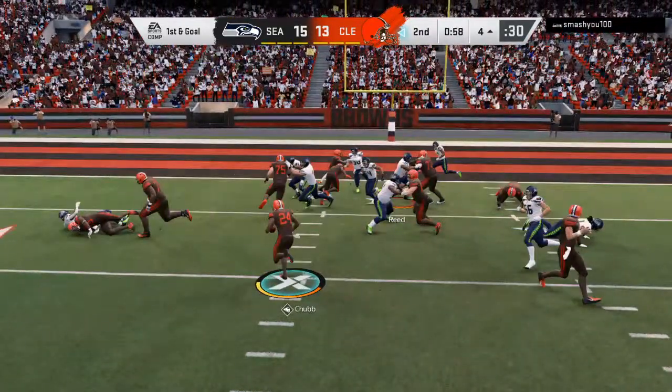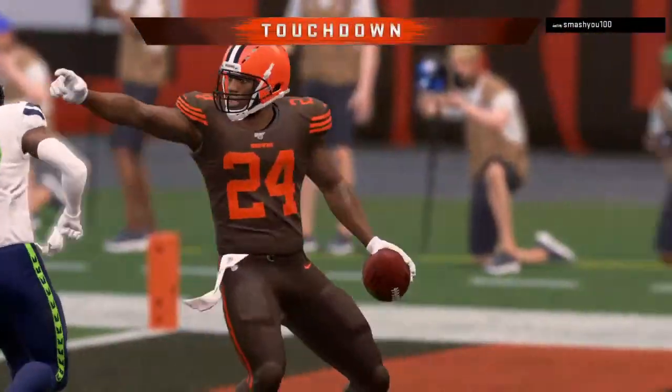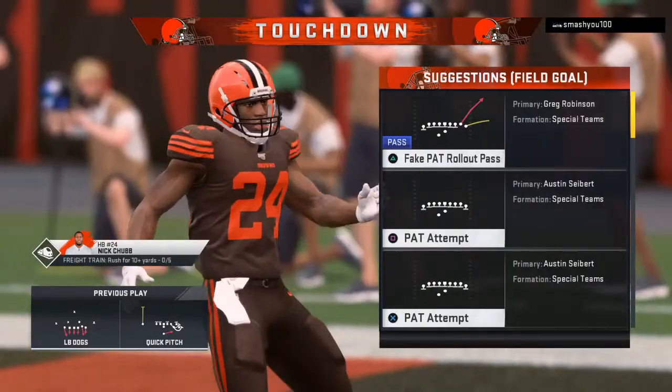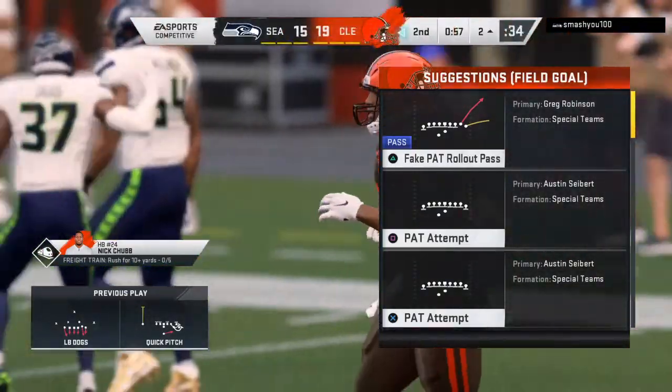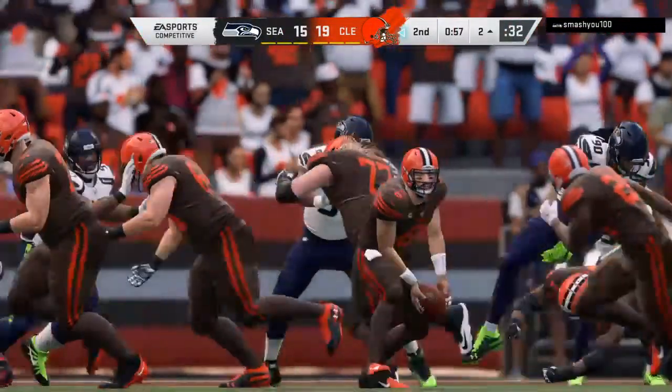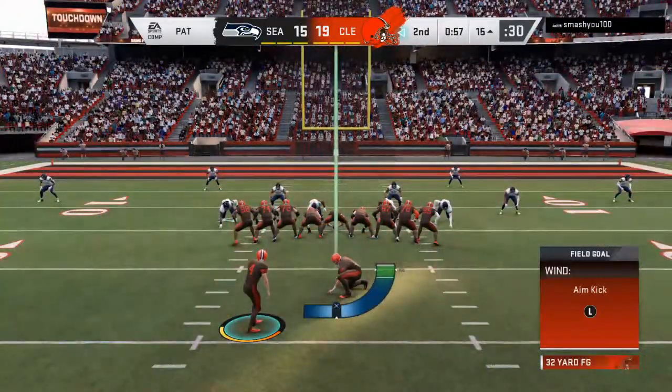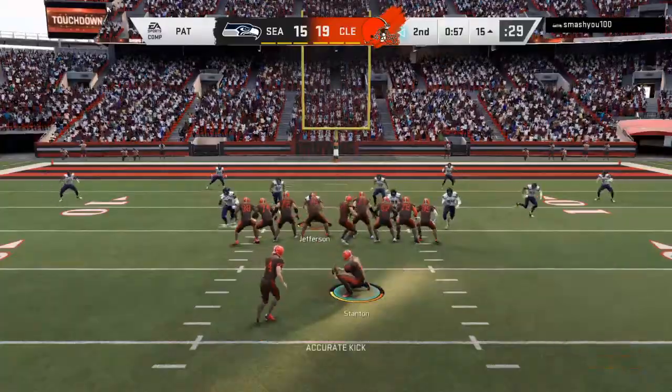Following. And he takes this one in for a Brown score, taking it in from 4 yards out. And the Browns have taken the lead. And while that touchdown does not give them an insurmountable lead, it's still a lead, and that always feels good